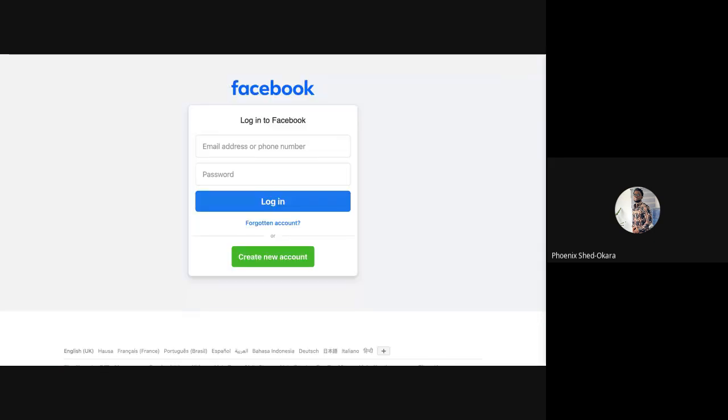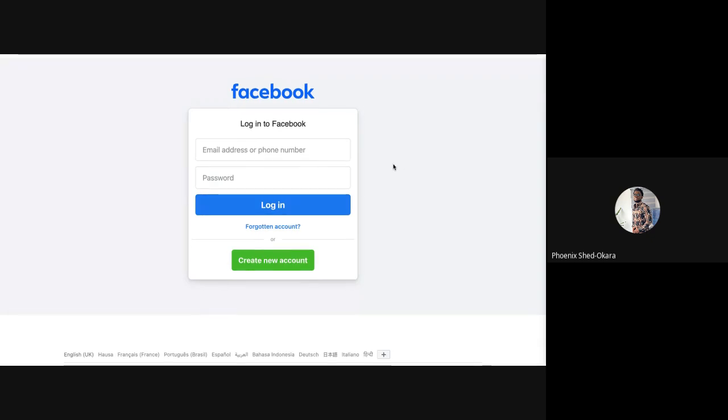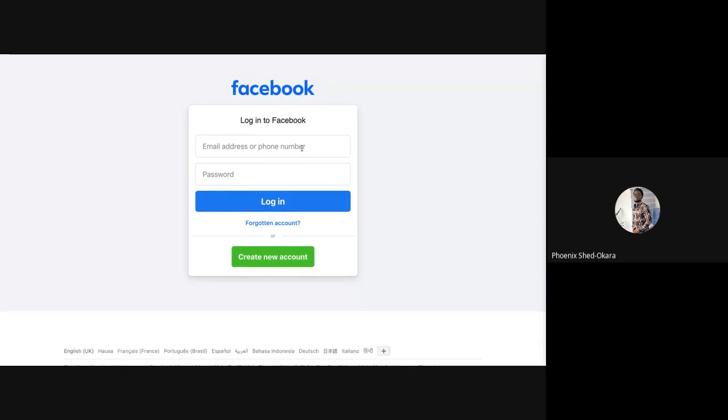So our topic of target today is Facebook. We'll be testing the Facebook login page. What can we see when we look at this? We can see two fields, email address or phone number, and password. That means only a valid email address or a valid phone number can be used with the correct password to log in. So if you log in with all fields empty,